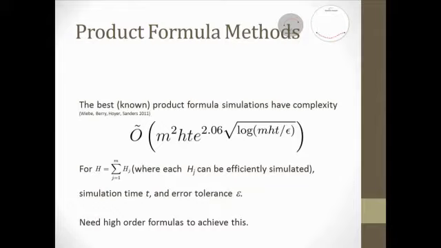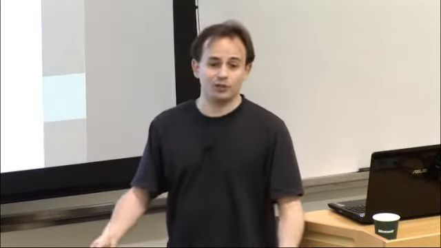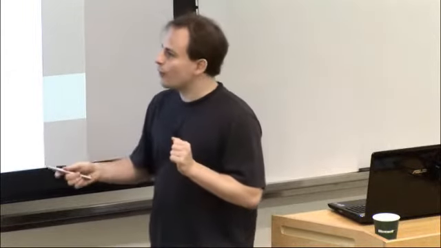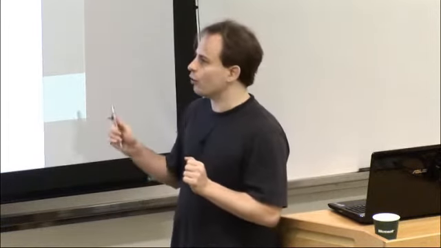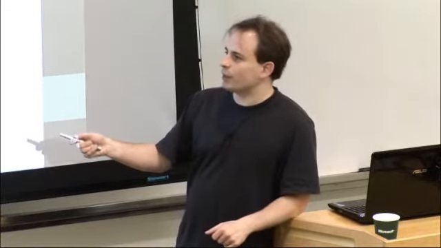With product formulas, the best known result for the scaling of product formulas is this. Here, M is the number of elementary Hamiltonians that you have in your Hamiltonian. Again, the Hamiltonian is like your quantum energy operator. It scales quadratically with the number of elementary terms in your Hamiltonian, and it scales nearly linearly with the norm of the Hamiltonian times the evolution time. So little h is the norm of each of the capital H sub j? Yeah, it's the maximum norm of all of the little h sub j's. So m times that will clearly be an upper bound of the norm of the Hamiltonian.